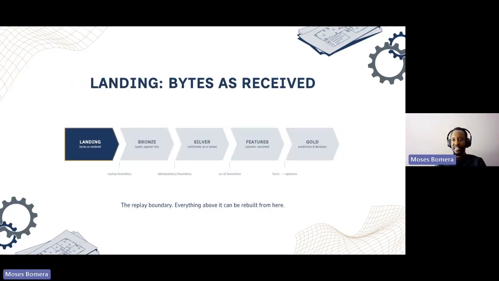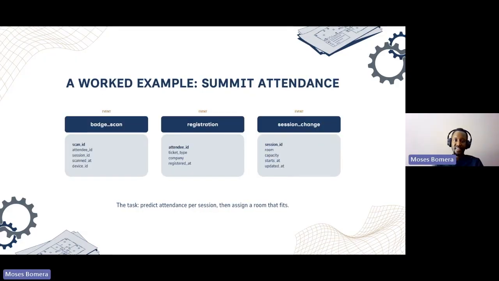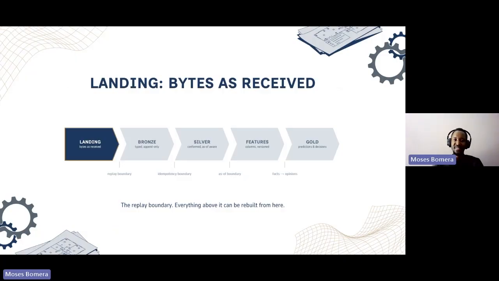So we'll start with the earliest layer in the process, which is called landing. Here you receive data as is from whatever system is bringing it. So in our example, say we have a scanner at an entrance to a certain room. It will scan, probably sends a JSON, etc. However it works, our landing zone will receive it and store the data as is, literally bytes on object storage. So that's the first layer.